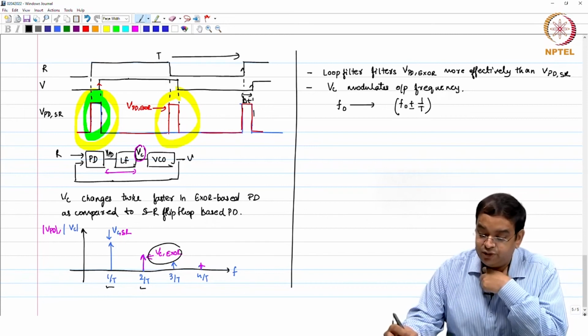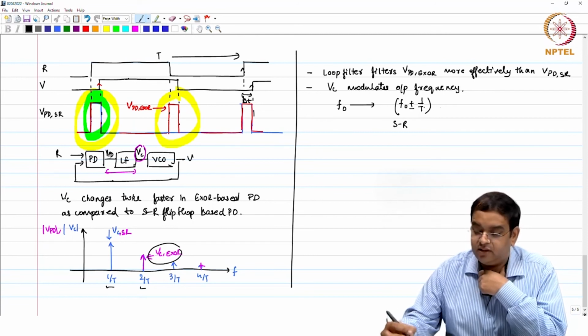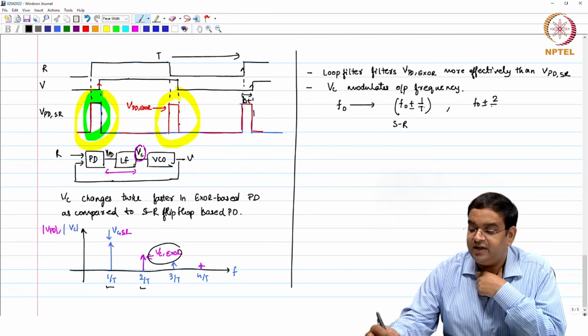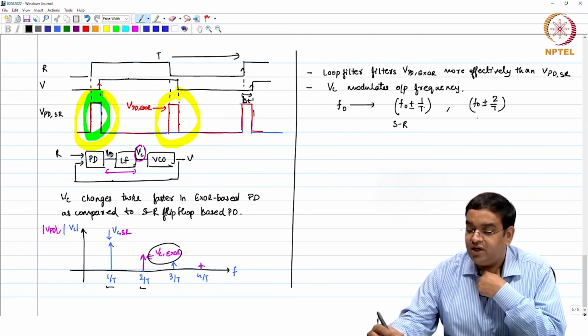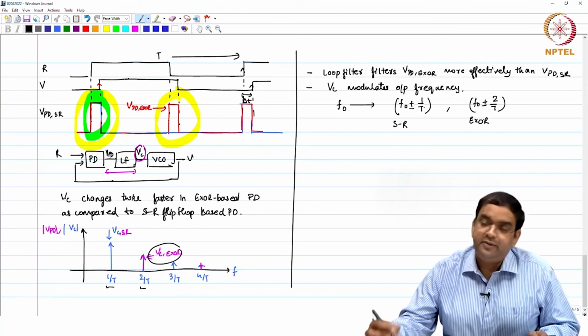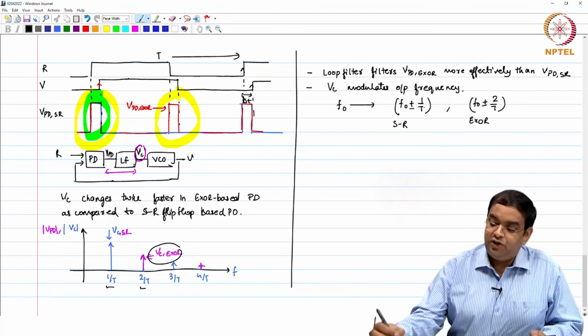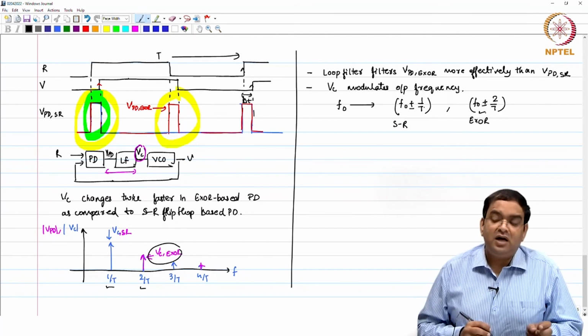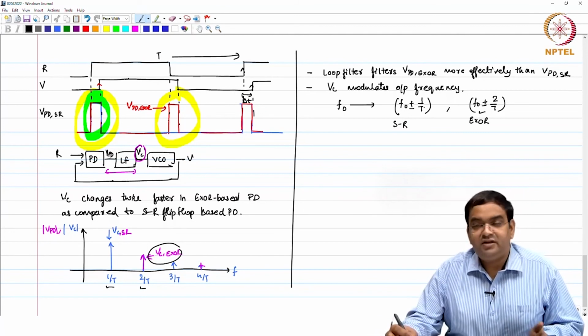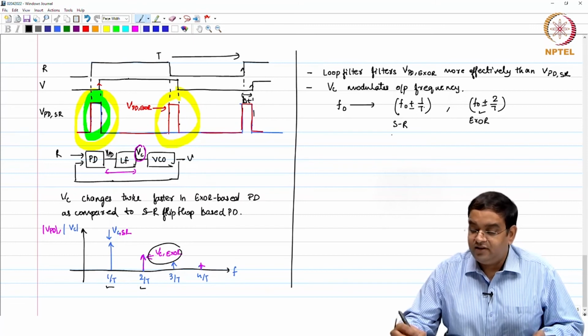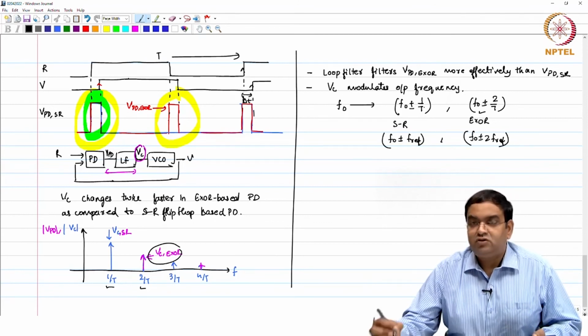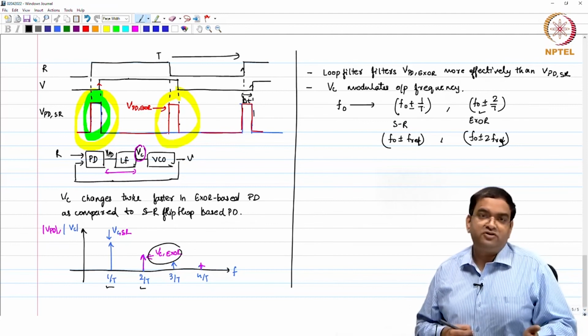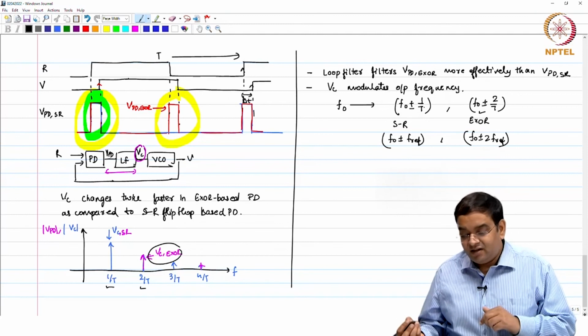These frequencies you are going to get in case of SR based, whereas you are going to get f out plus minus 2 by T, which is the first modulation in case of the XOR gate. So, you get these frequencies at the output, and normally this 1 over T is not written as 1 over T, it is written as f_ref. So, here I am going to have plus minus 2 times f_ref. The frequency modulation in case of your XOR gate happens at a higher frequency, which in turn